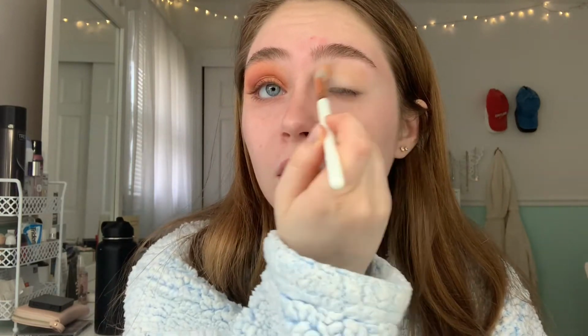go into this transition nude shade, and you really need to get in there because it's so firmly packed. Nothing comes up. You have to build it up a lot. So yeah, we're just going to build this up. We're going to put it in our crease. You can bring it up all the way to your brow bone if you want. I'm kind of going for a really blown out look, so I'm just going to build this color up